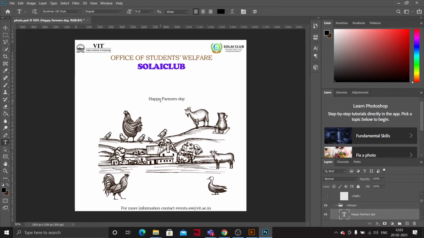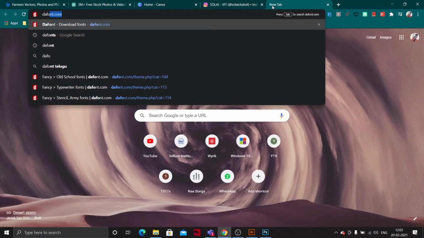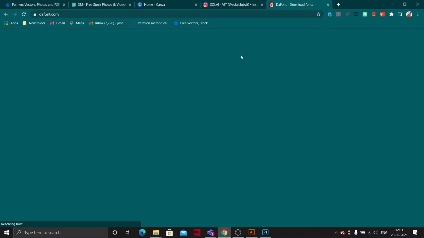Means that website. This Happy Farmers Day, we want to change the text. Okay, the website is DaFont. You can find pretty much any fonts here. Wait a second.